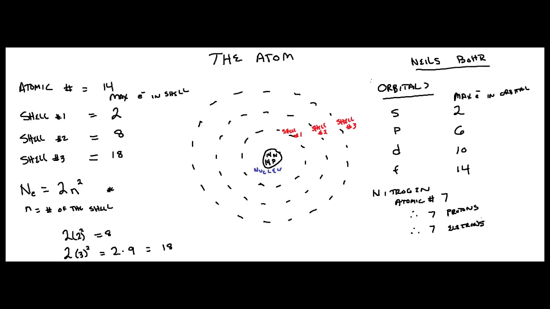So let's distribute these first, but let's do it in notation terms, right? How many electrons can the first shell hold? Well, you look at this right here, we said that we can hold 2 electrons, didn't we? So how you write that, since it's in shell 1, you would write it